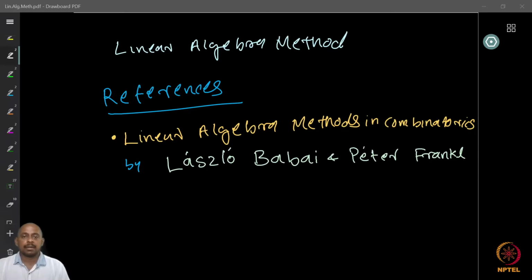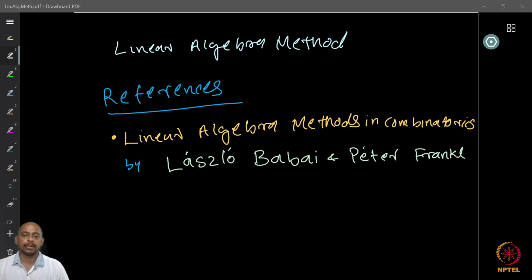So here are some references for the topics that we were discussing. So first, the linear algebra method. An excellent reference book is Linear Algebra Methods in Combinatorics by Laszlo Babai and Peter Frankl. So this book, unfortunately, has never been printed formally, but its preprint is available